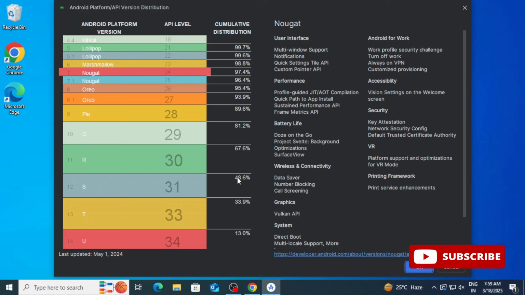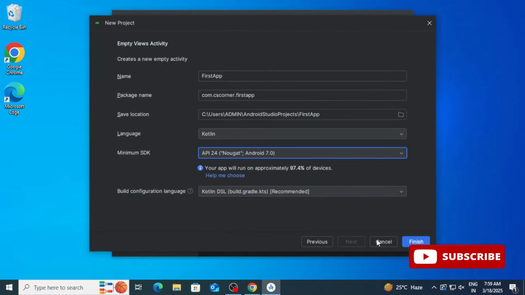So I'm just clicking on learn more, and it's showing me different Android platform versions, API levels, and the percentage distribution. So guys, if you see the latest Android, the percentage is less, because fewer devices are supported or created on this Android platform. Here I'm selecting Android platform 7 because it is supporting around 95.4% of devices. You can take a higher version than that also, that will be okay.